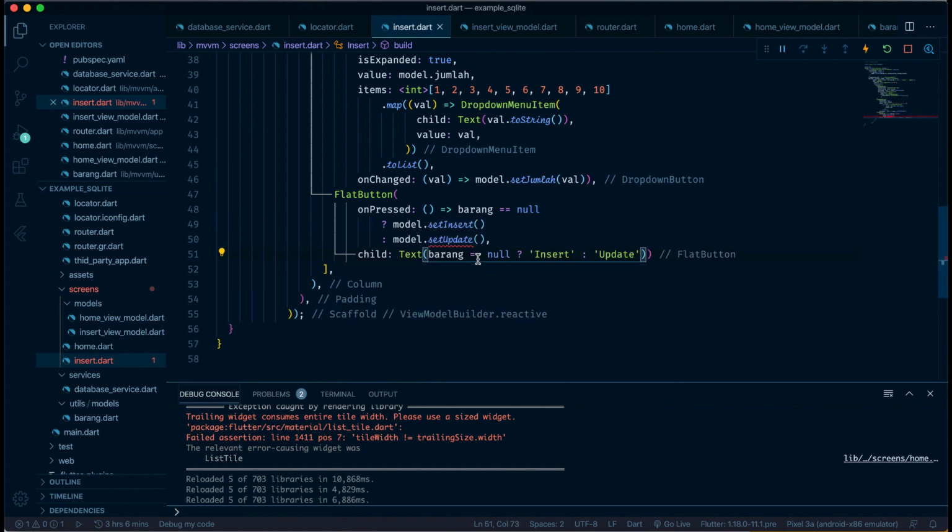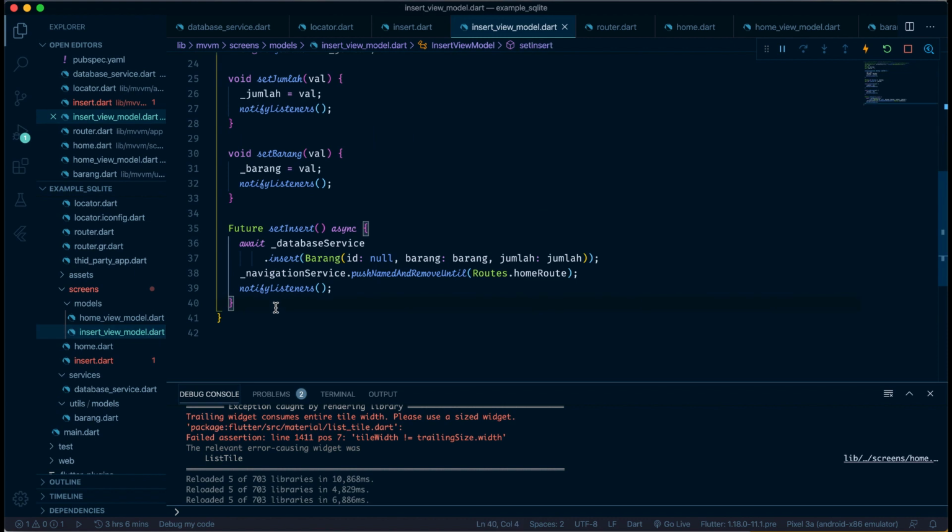Okay, next we will do set update in the insert view model. In here we define Future set update like before, and this is asynchronous, and just call await database service and update. Like this. This is an object, so we will convert barang like this.